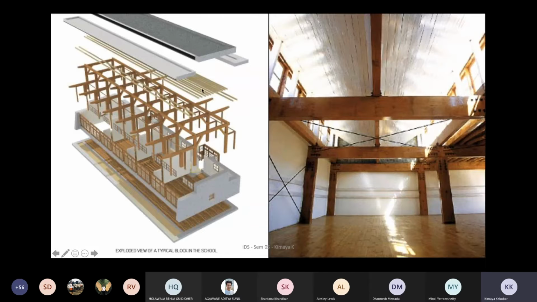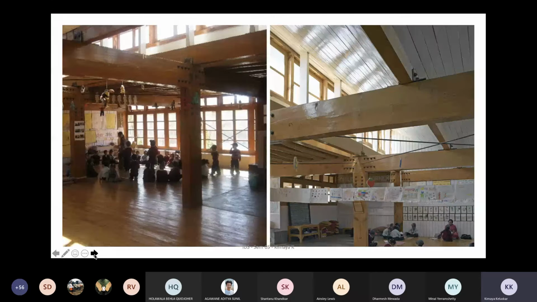These are a few of the images, an exploded axo, which talks about how each and every element of your building works. On the right hand side, the metal bracing and the cables that you see are additions after the flash floods they got, because certain frames had got damaged, and because of which they additionally added these braces. This is how the school looks, and that's the quality of light inside the entire room, which is very pleasant and very cozy at the same time. The flooring is also wooden, and you will have carpets in the winters to keep yourself warm. The joineries, the way the joineries are being done.